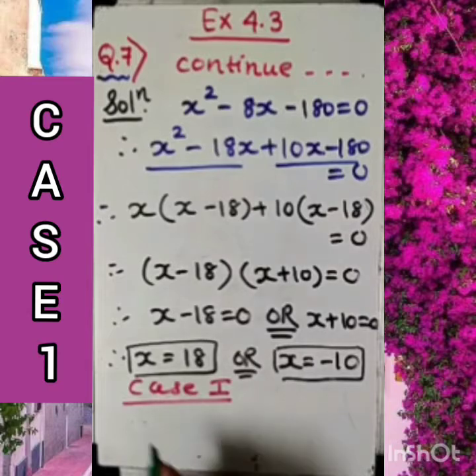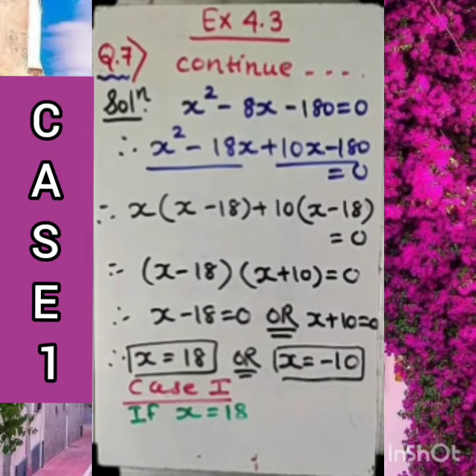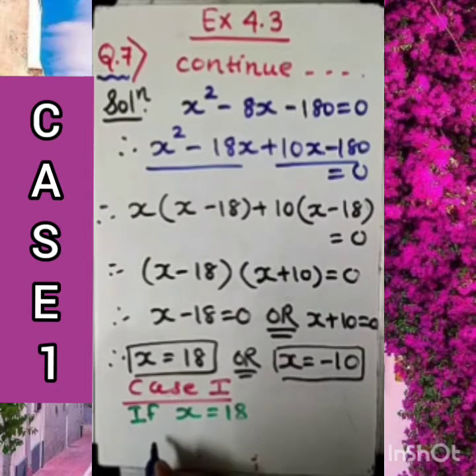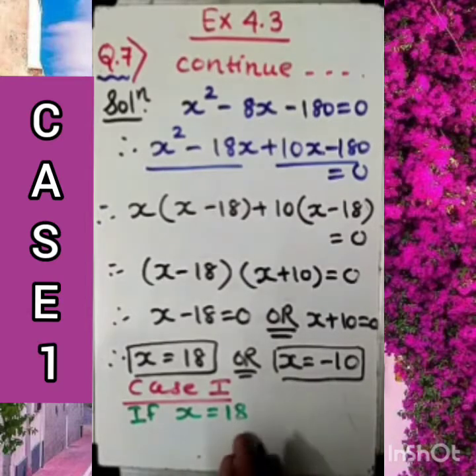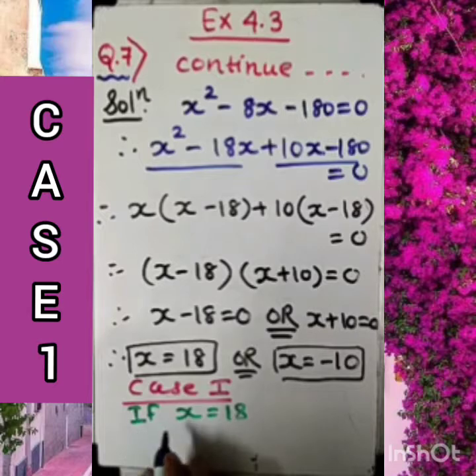If x equal to 18, then let's note down the larger number. What is the larger number? x, which we have already considered, will be the larger number, and we need to find the smaller number accordingly. So first, let's note down here, we are finding the square of the smaller number. Actually, x is 18 already with us, so one of the numbers is 18. Now, the square of the smaller number, we are going with that.